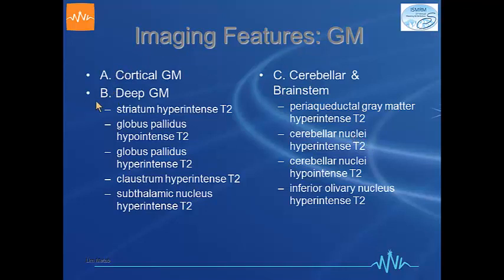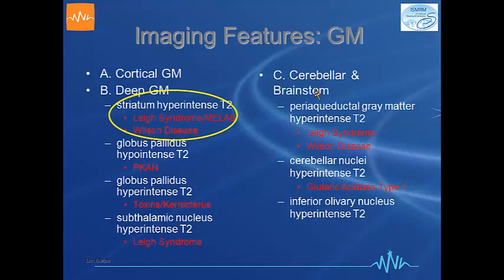And when it comes to the cortical gray matter and the deep gray matter, the latter has a much better discriminating capability. For instance, most of the diseases are hyperintense on T2, but a few are hypointense on T2-weighted MR images. And in the cerebellar and the brainstem, there are a few distinguishing features that might be helpful for us to look at. So the classic examples of some of these findings would include, as I've circled here,